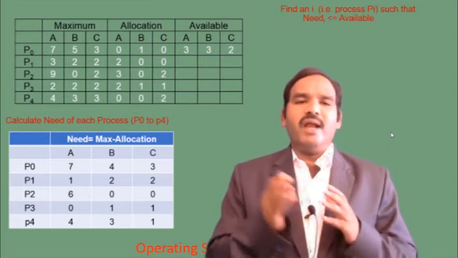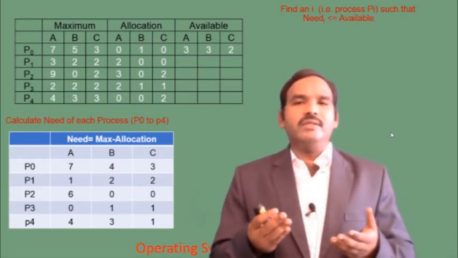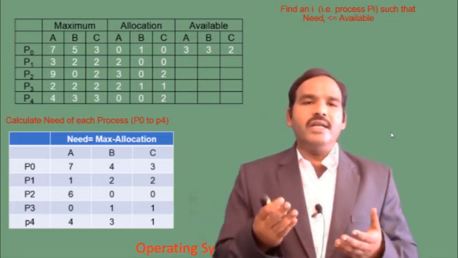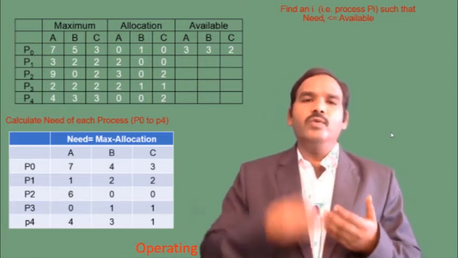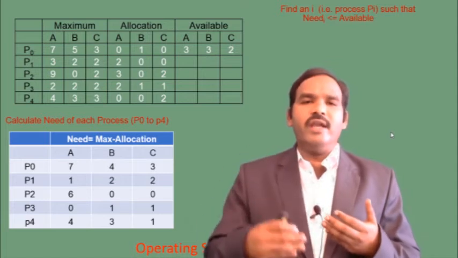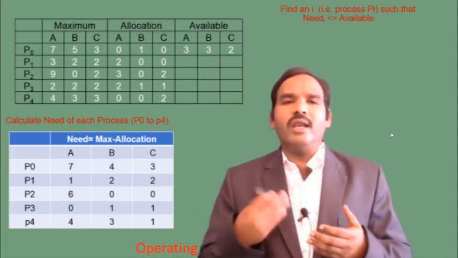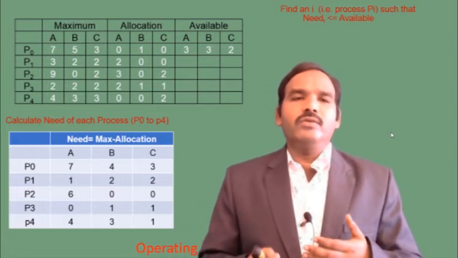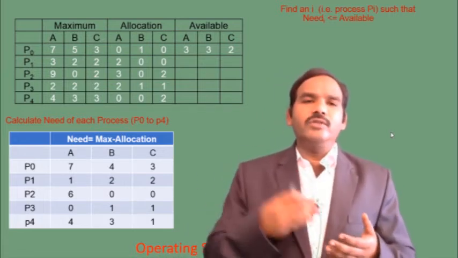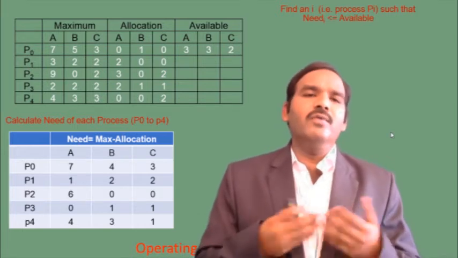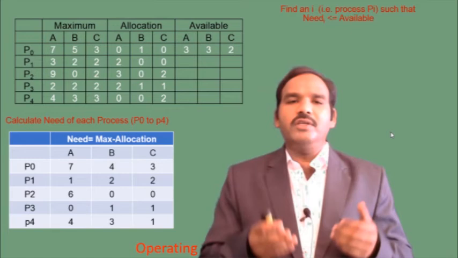So from the need matrix, from the need of that process, if any process satisfies that condition, then update the availability. Like that, you find a sequence or an order in which we are going to allocate the resources for the processes to complete their execution. If we allocate the resources in that order, definitely we can avoid the deadlock. That is the actual outcome of this problem.